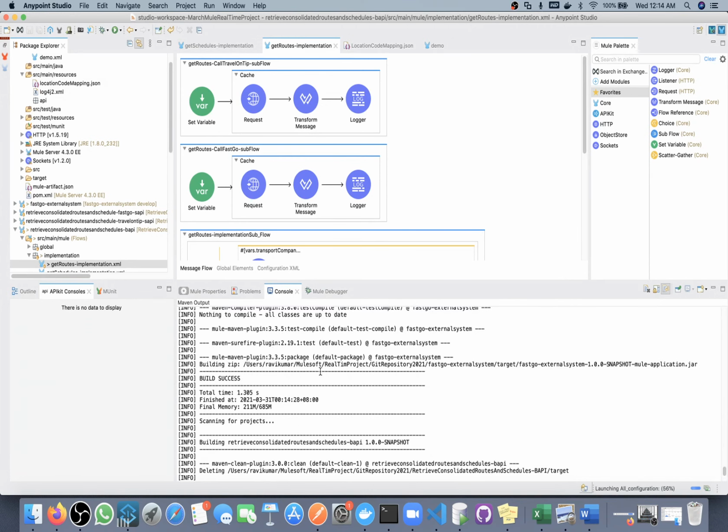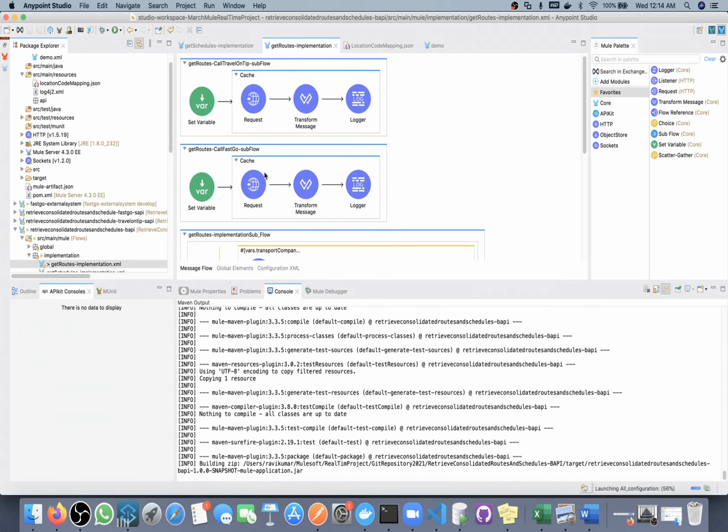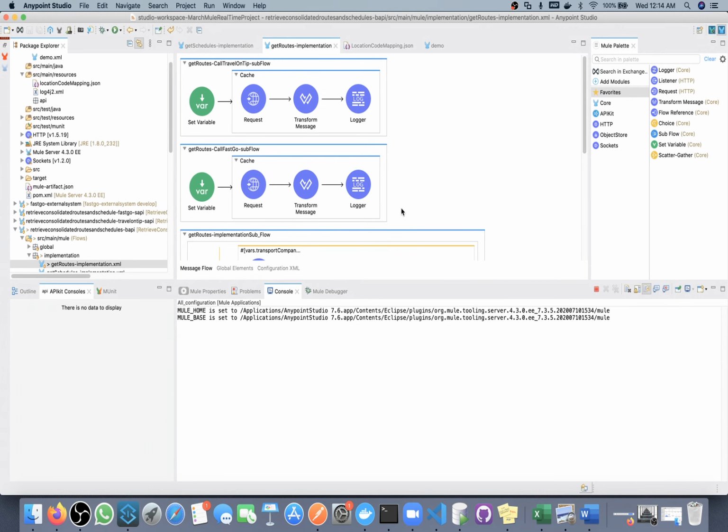For this we don't have any other option, actually we already increased the heap size and all.